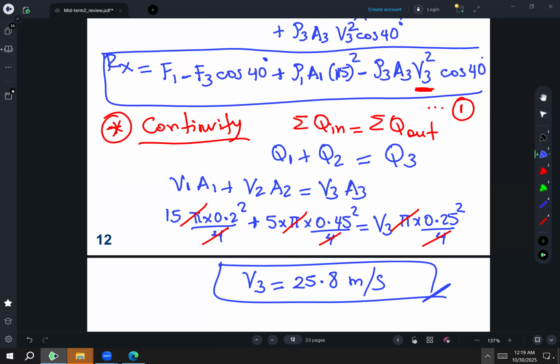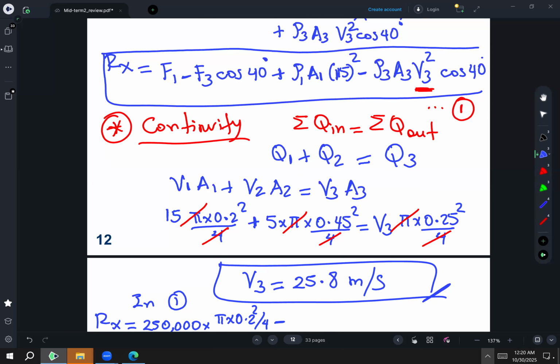So now in 1, the reaction in x will be equal to F1, and F1 is equal to pressure 1 times area 1, and the pressure 1 in this case is 250 kilopascal, so it's 250,000 pascals times area 1, and area 1 is pi times 0.2 squared divided by 4